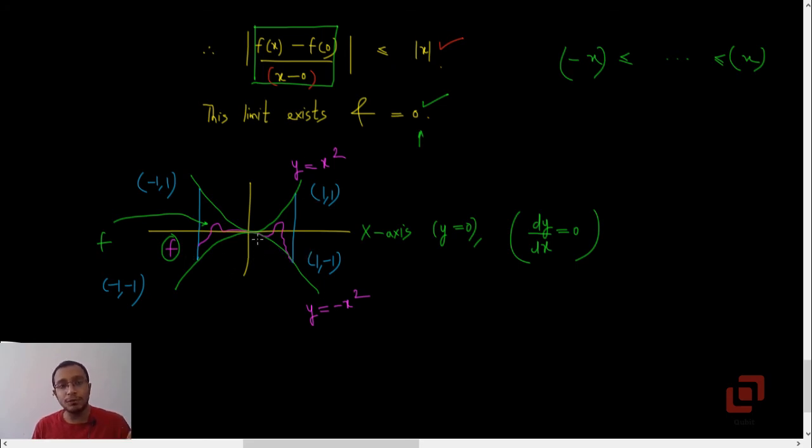So having proved that f of 0 is 0, the graph also passes through the origin, very much like y equal to x squared and y equal to minus x squared. And therefore you can say that the slope of the tangent to f at 0 will also be equal to 0, because now these three curves will share the same tangent, and that also takes us to the conclusion that dy by dx is indeed 0.